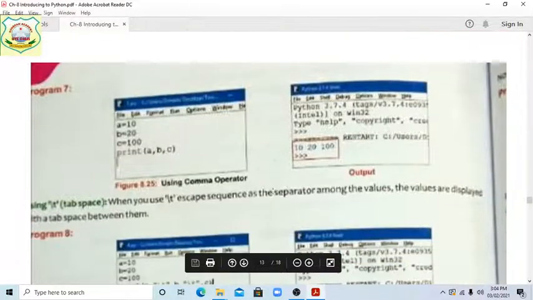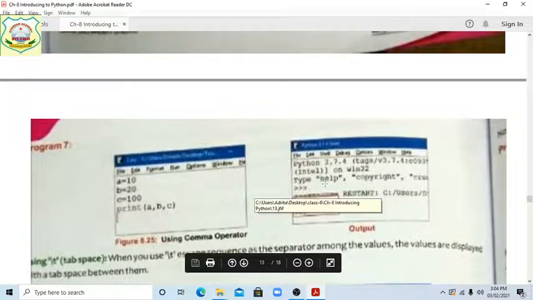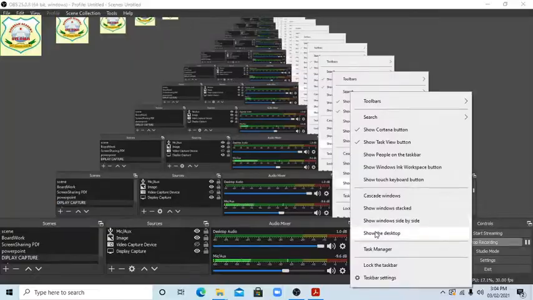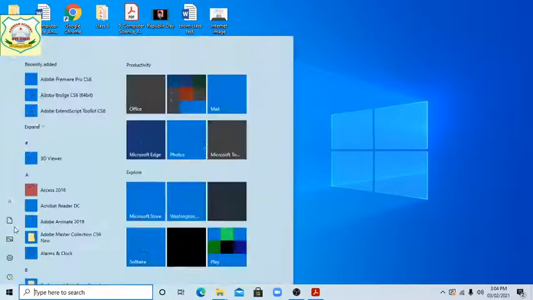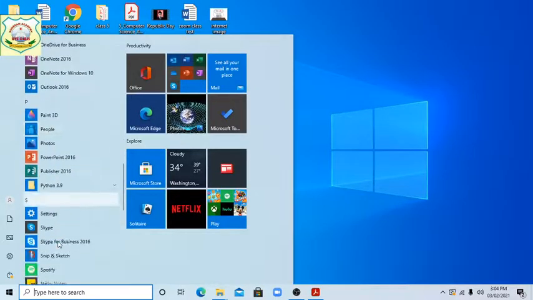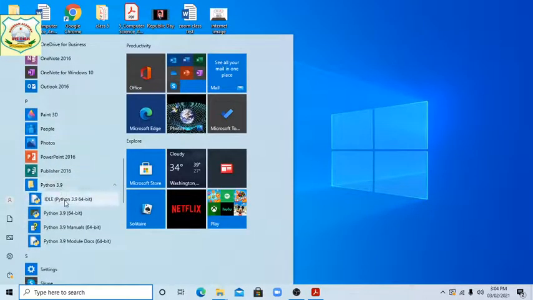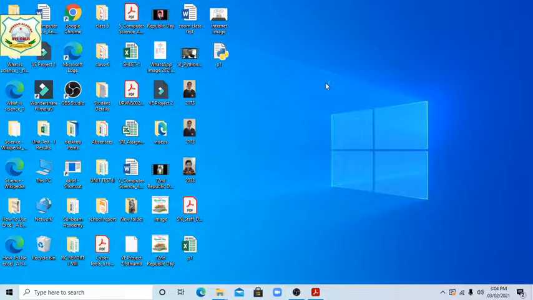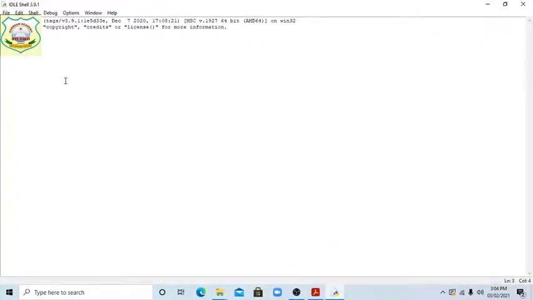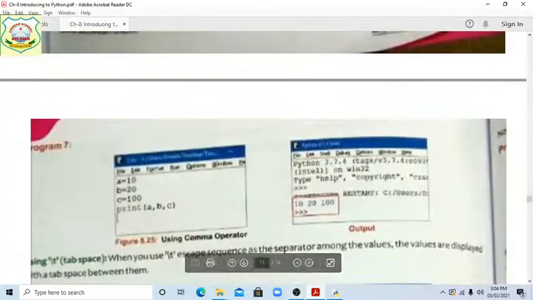So first of all, we are showing it with the practical. See everyone, students. Python. Yes, students, now it is open. As given in your book, A equals 10, B equals 20, C equals 100, and print A, B, and C. So in the same way,